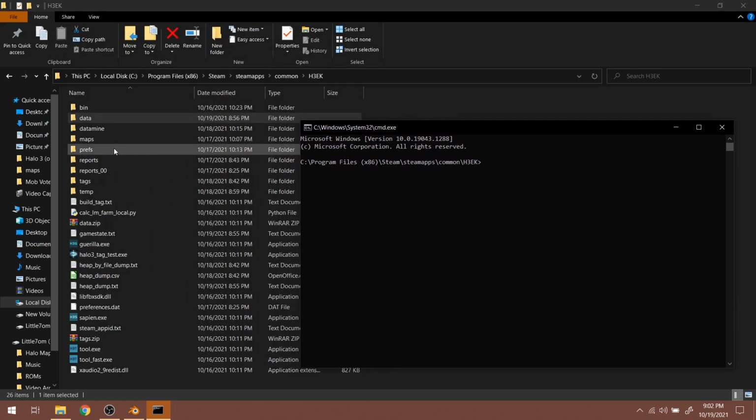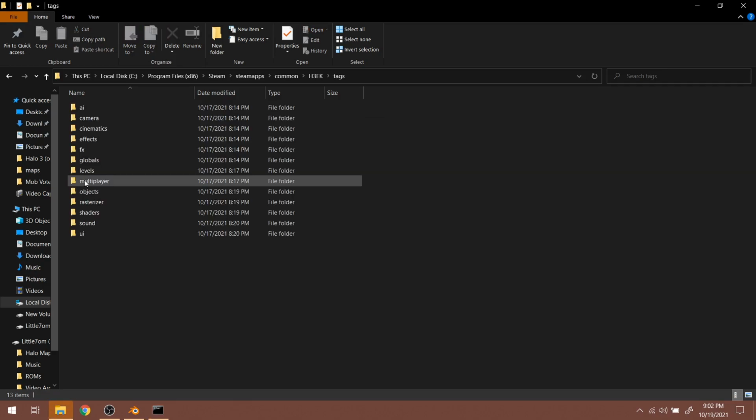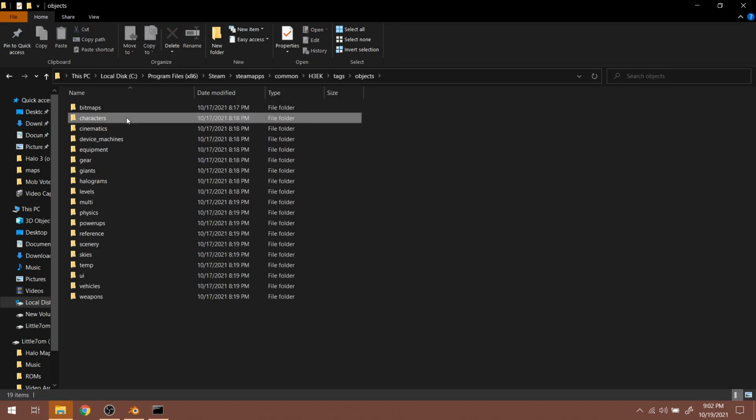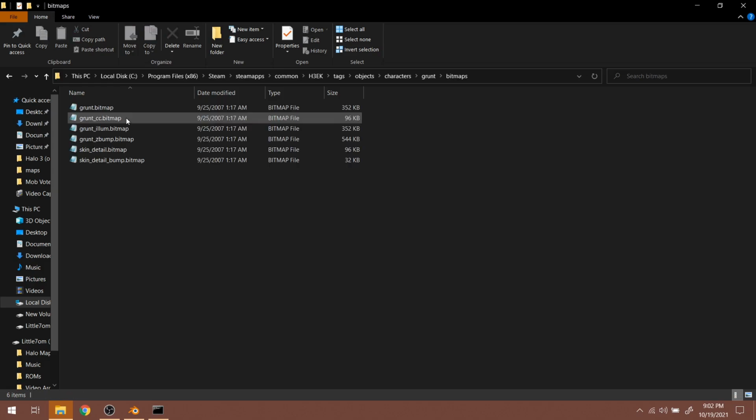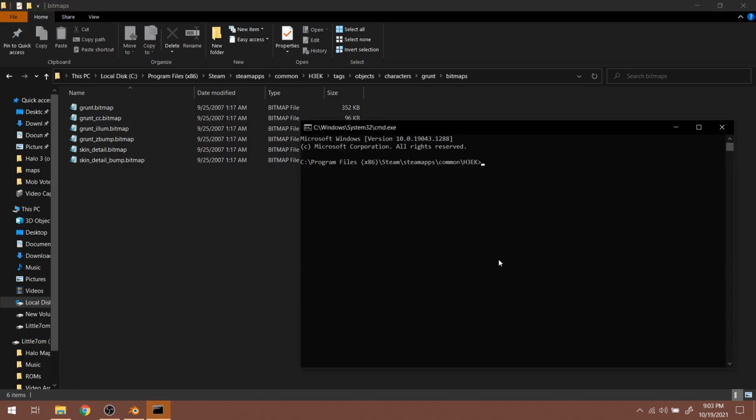Now the bitmaps we want to look for are in that same tag folder. So tags, objects, characters, grunt, and then we want to go to the bitmaps. And here are the bitmaps. These bitmaps contain the image textures that we can apply to our grunt model in Blender. The way you're supposed to do this is by, again, using Tool, and there are a group of commands in Tool called export